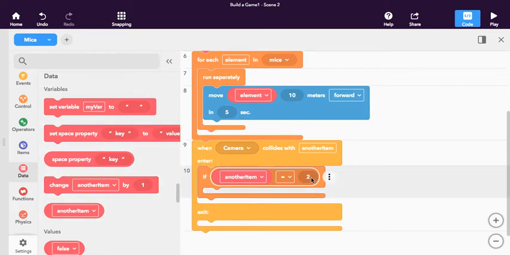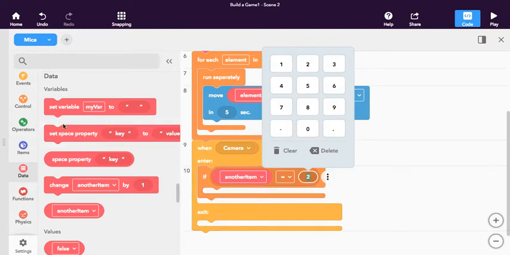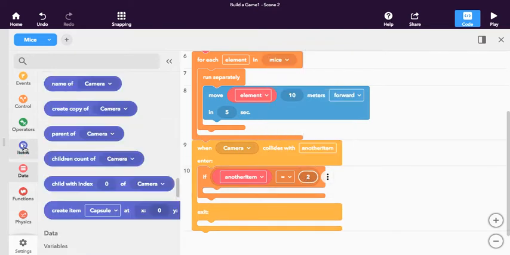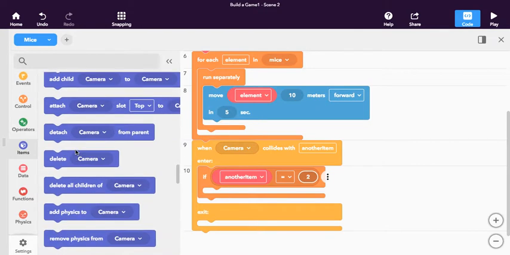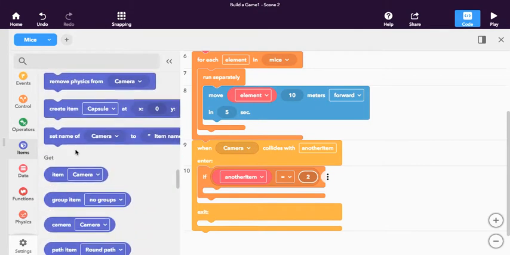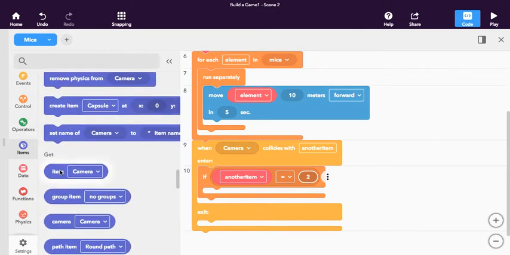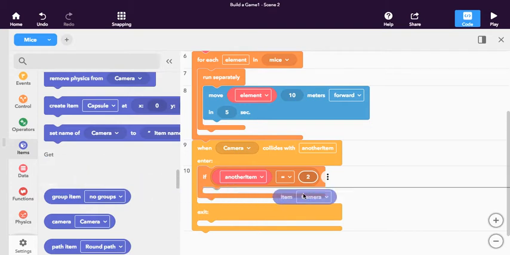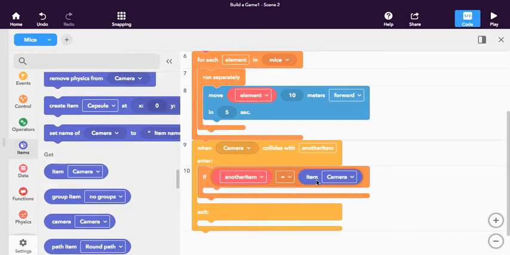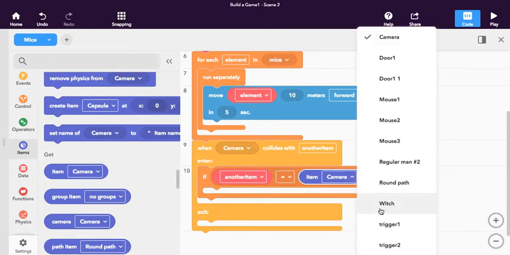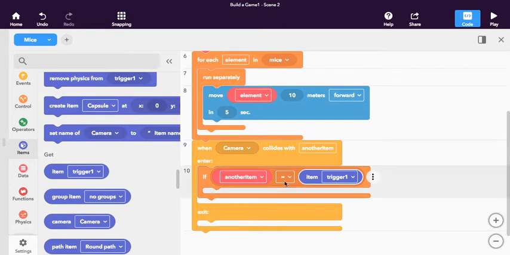So you're like, well, how do I find trigger 1? Where is it? Well, under items, this little blue box right here, you can scroll down a little bit, and if you scroll down far enough, it says get. And we want to get an item. So we're going to get, and we put that inside the 2 block there where it says number 2. So if another item equals trigger 1, we want those mice to